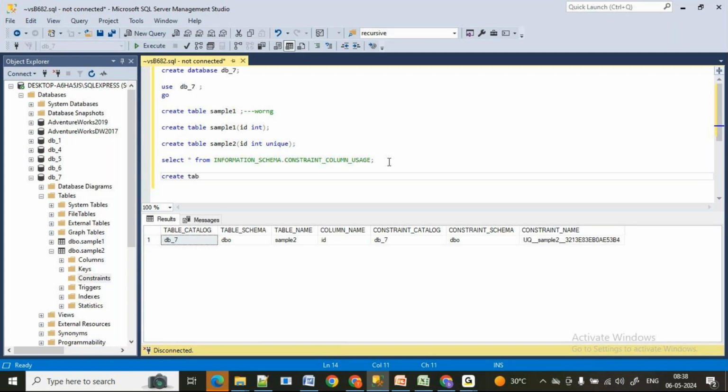Create table sample 3 of id, which is of int, and name, which is of varchar of 20.